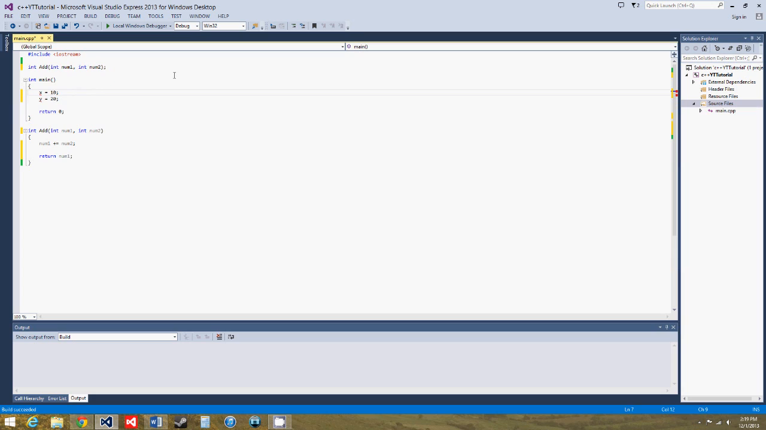Alright, so x equals 10, int. I was recently coding in Lua, so I forget to do these sometimes. Alright, so int x equals 10 and int y equals 20. So let's do add x and y. And then we will output